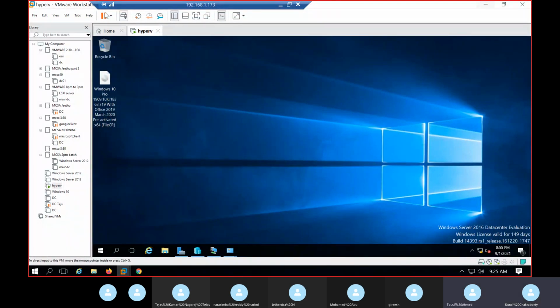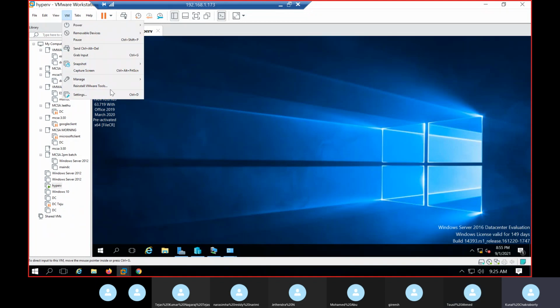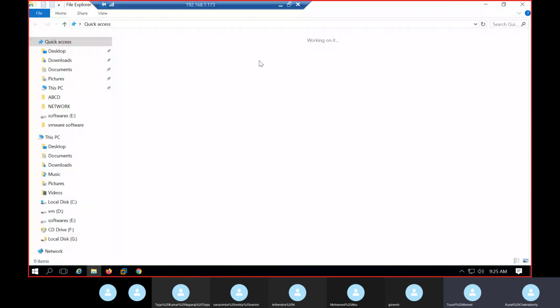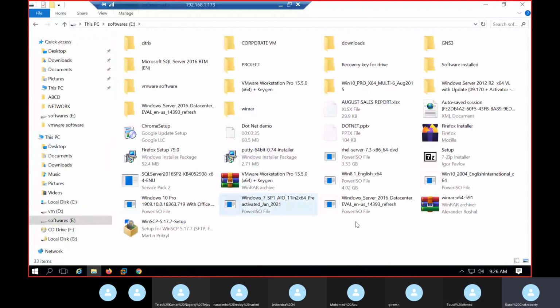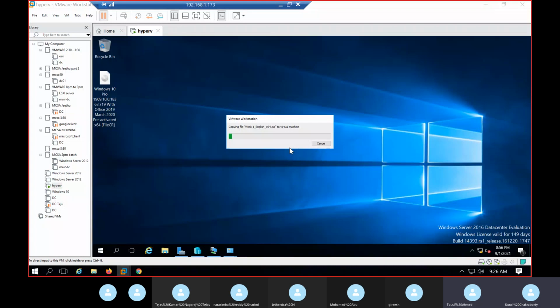पहली बात तो ये कि जब आप VMware इंस्टॉल करते हो, तो VMware Tools इंस्टॉल होना चाहिए। इसके बाद फॉर एग्जाम्पल सॉफ्टवेयर फोल्डर में आ गए, और मुझे इसको VM के अंदर लेके जाना है, तो कुछ नहीं करना है, इसको पकड़ो, ड्रैग करो, VM में आके छोड़ दो, बस हो गया। सीधा कॉपी होना स्टार्ट हो जाएगा। सिर्फ ड्रैग एंड ड्रॉप कर सकते हैं, लेकिन ये तभी मुमकिन है जब आप VMware Tools को इंस्टॉल करते हो। If you install VMware Tools, then only it is possible. कोई भी कुछ भी whatever you want, drag and drop can be possible.